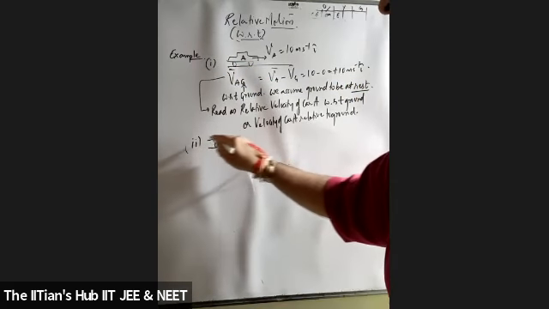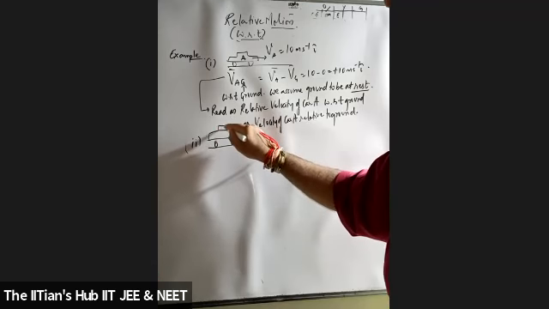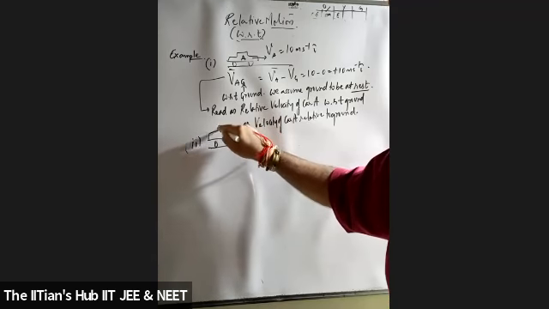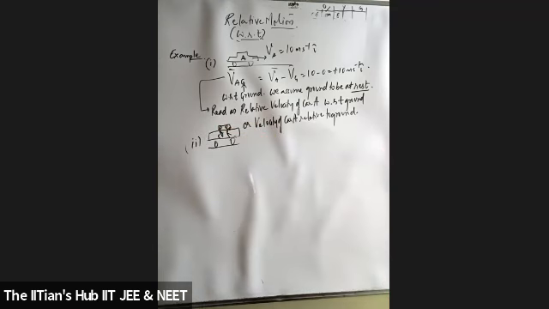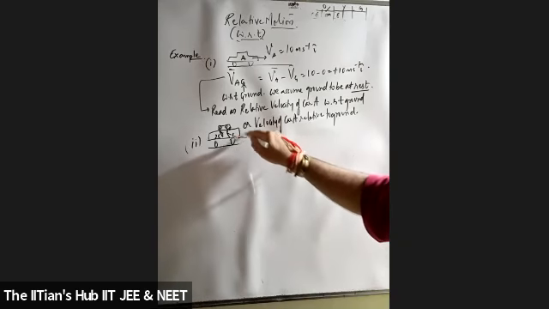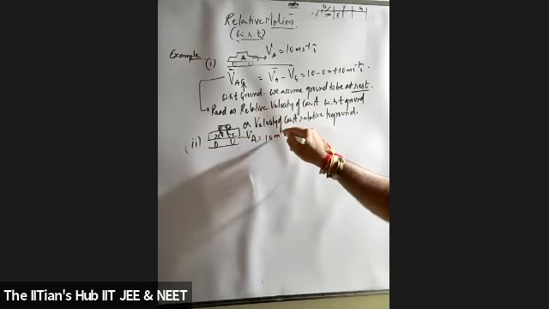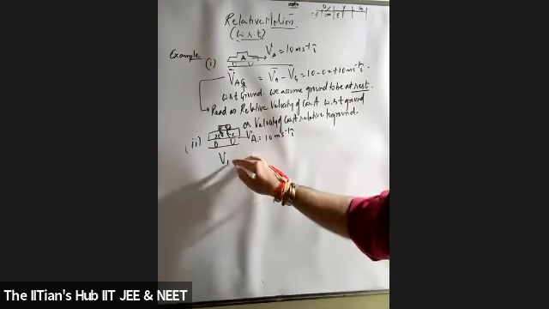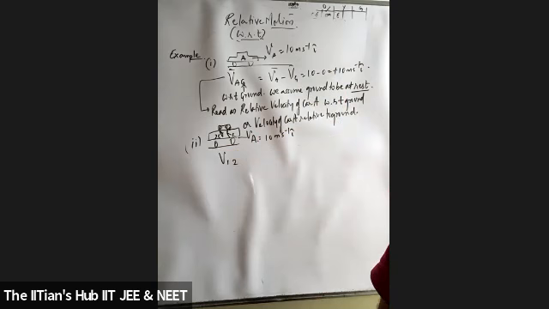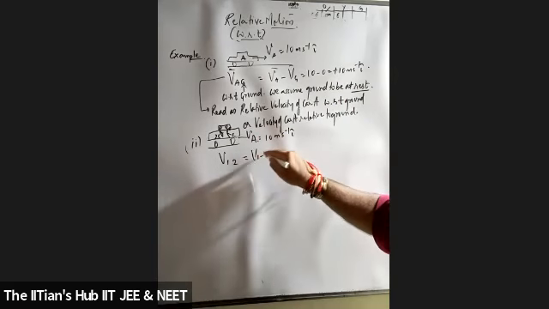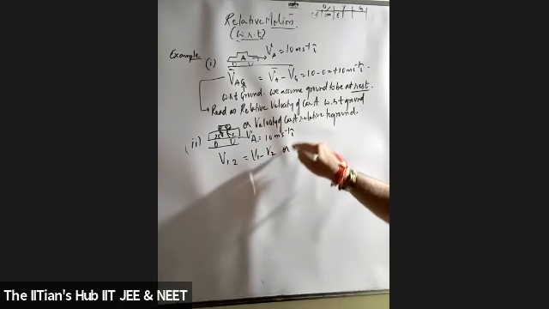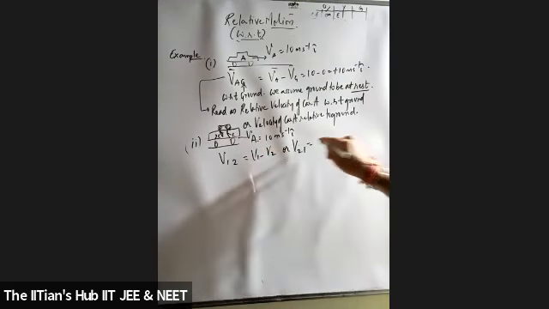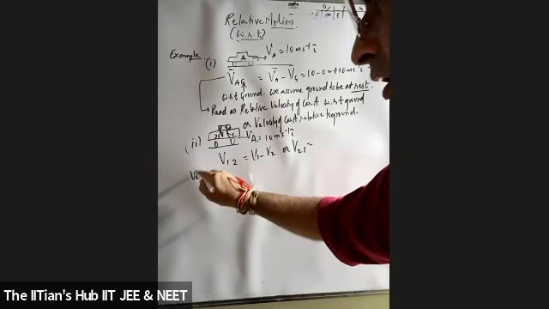Now second example, in the same car, students. I told you about it, that there is a passenger who's driving inside it, and there is another person sitting behind. Let us say this is 1 and 2, and the car is going with the same speed of 10 meters per second, I cap. So now if I ask you what is the velocity of 1 with respect to 2, so what is my answer? V1 minus V2.